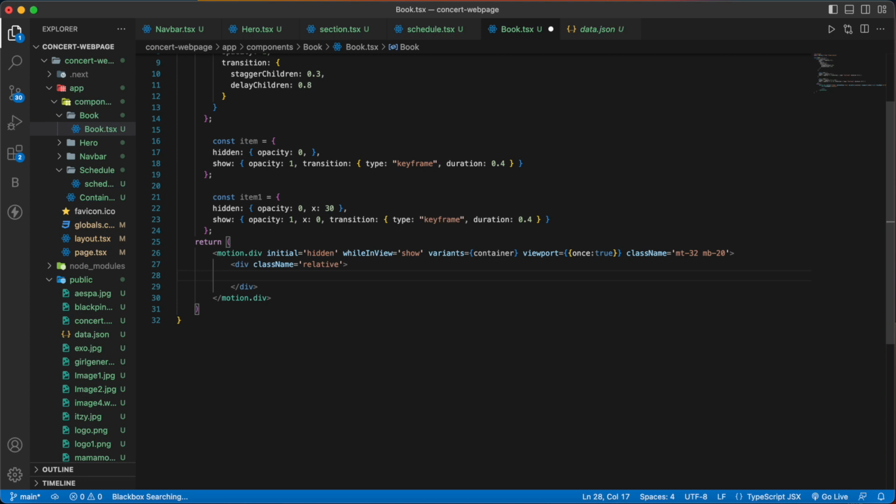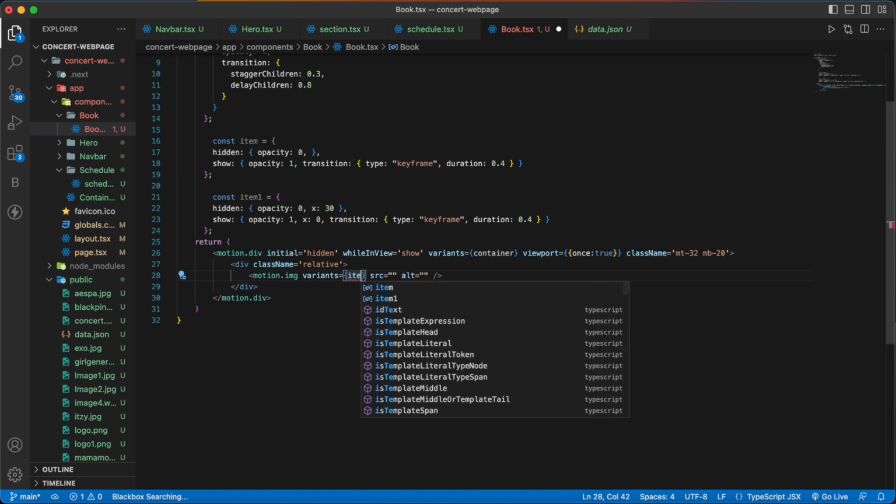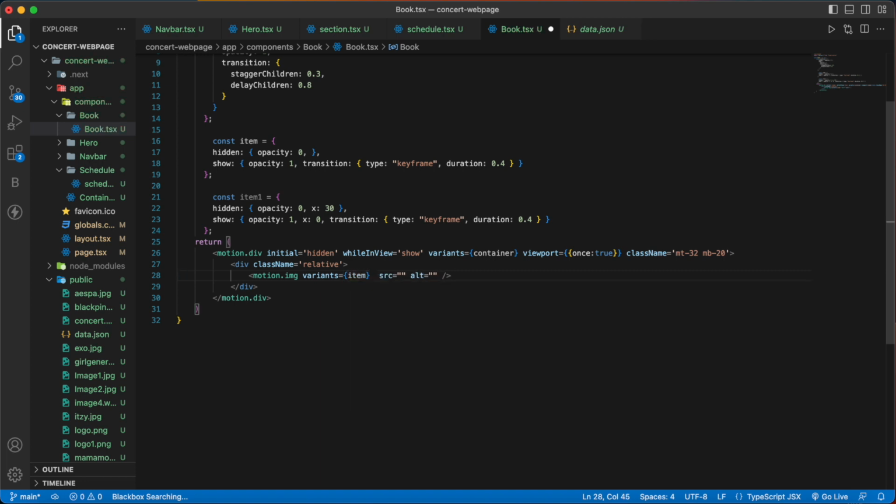Inside this div we are going to add img, and let's make this a motion component. It will have a variant of item, and then it will have a class name of w-full, h-auto,